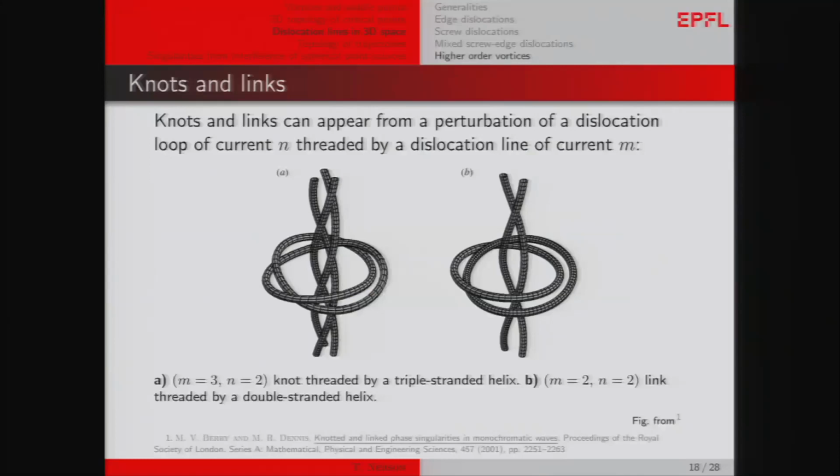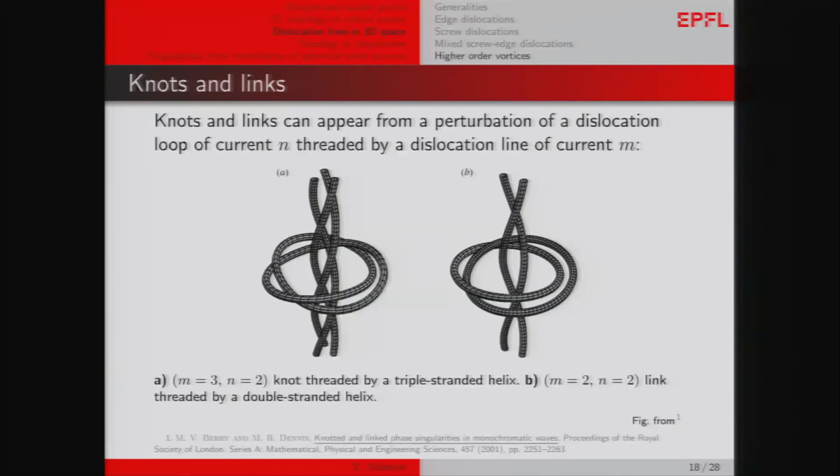So this is basically what it says here. You have a loop of current n equals 2. And it is threaded by another dislocation, and that dislocation has a current equal to 3. It is totally unstable, and so we'll have this thing that is the unfolding of the dislocation, and you will see it is a knot. So you have here only one dislocation, so you can follow the path. It will just be one dislocation, but it will have a knot inside. And if you have